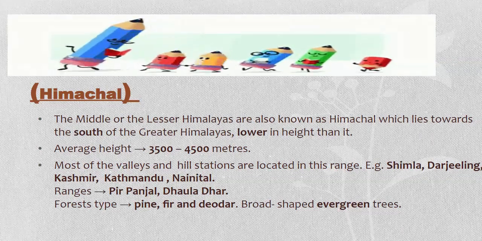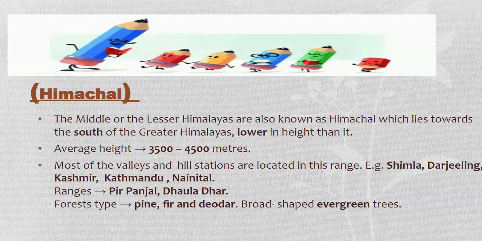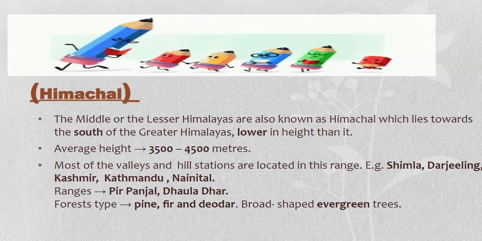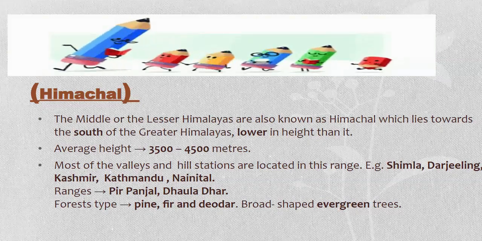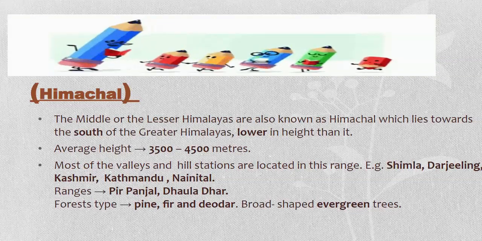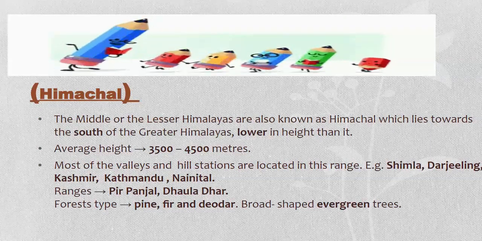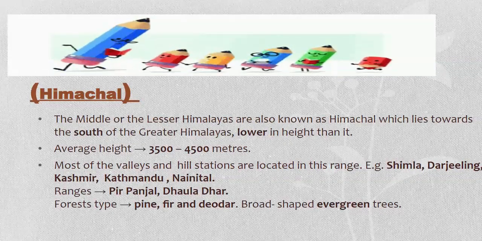Ranges popular in this particular Lesser Himalayas are Pir Panjal and Dhauladhar. You would find pine, fir, and deodar forest type. They have broad shaped evergreen trees. Now you must be wondering, what are evergreen trees? Evergreen trees, as the name suggests, are the ones which remain green throughout the year. Let's move further